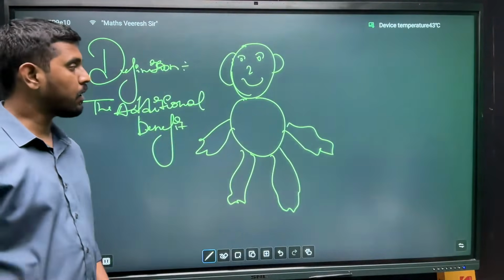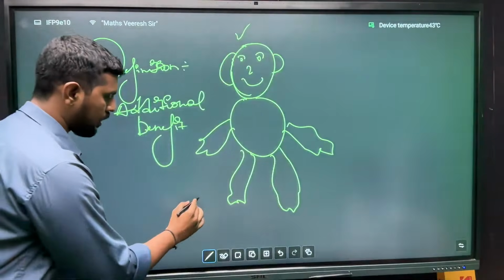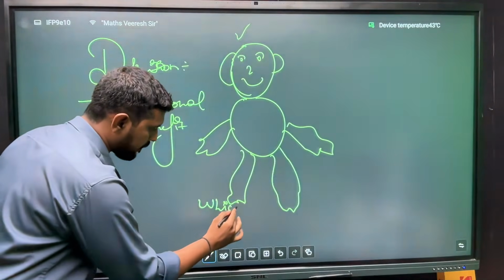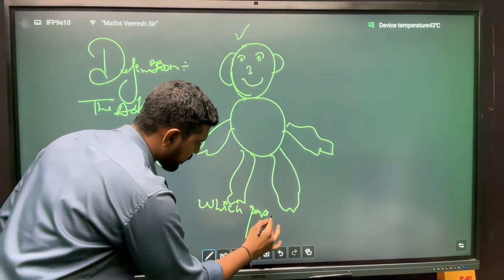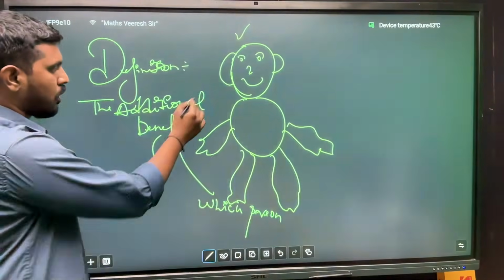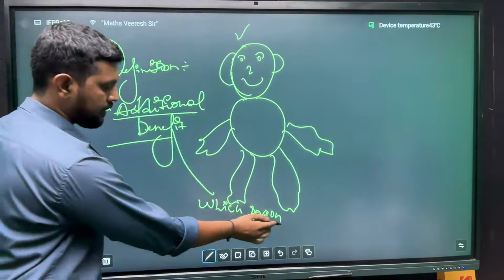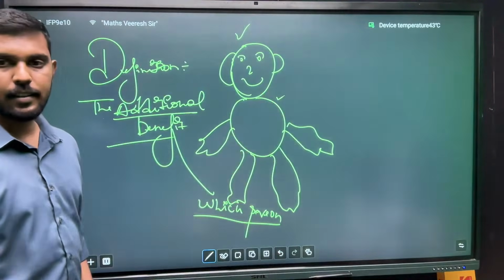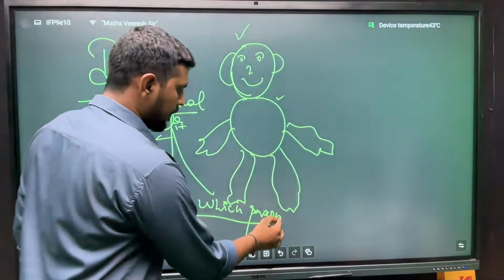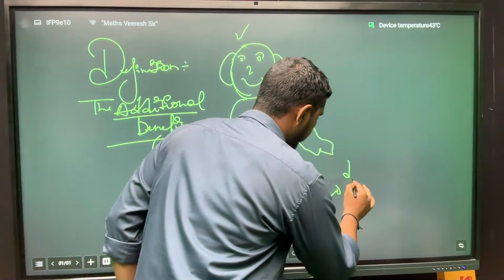Whom do you want? The person. So the additional benefit which a person derives